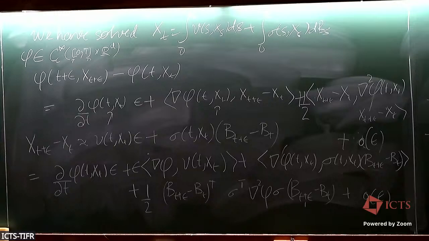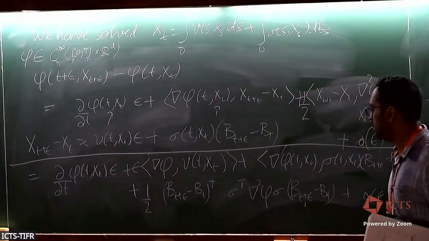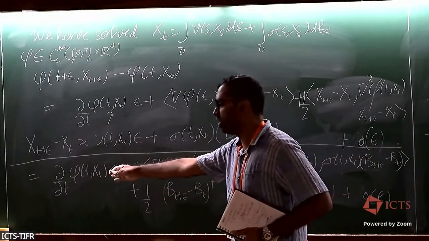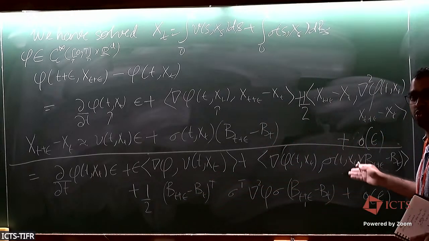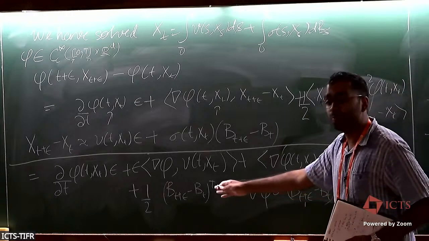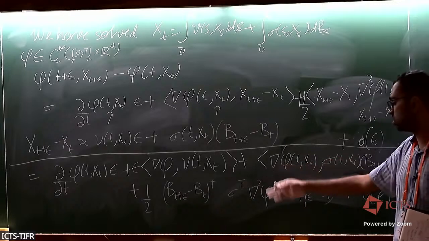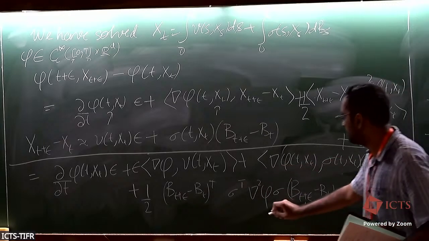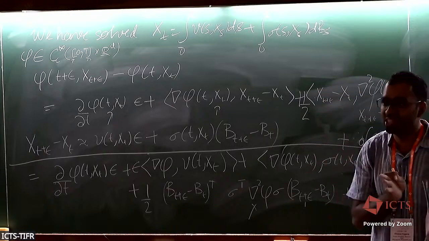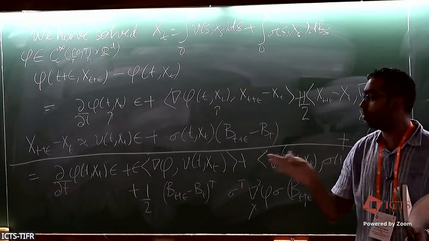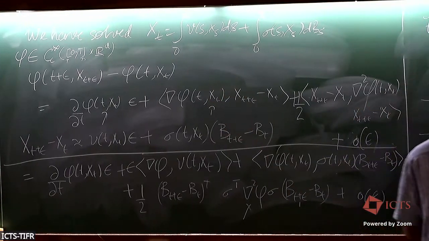Let's unpack each of these terms. The first one is because the function itself is changing over time. The second one is because of the drift plus the Brownian motion random fluctuations. The next higher order term is because of the finite quadratic variation of the Brownian motion. This is called the quadratic variation term. That's why this picks up a Hessian term. So it depends on the curvature of the function at that point, not just the derivative slope and the rate of change of the function along this trajectory.